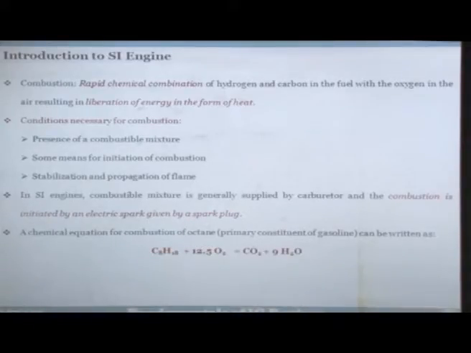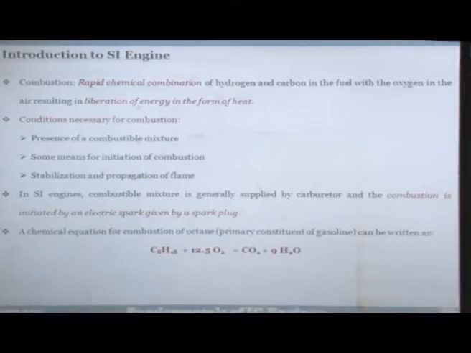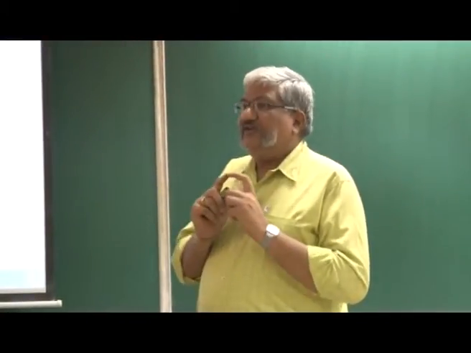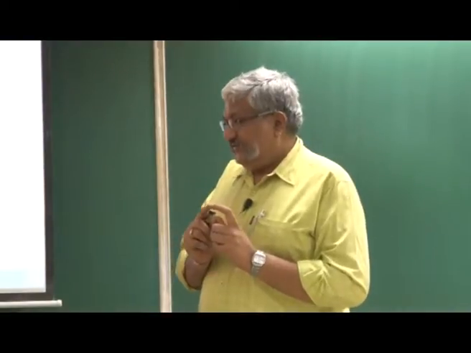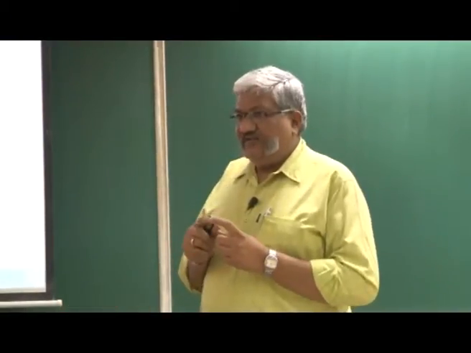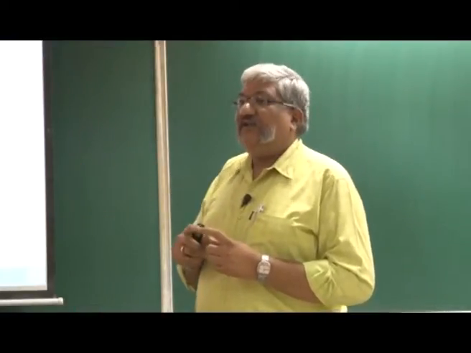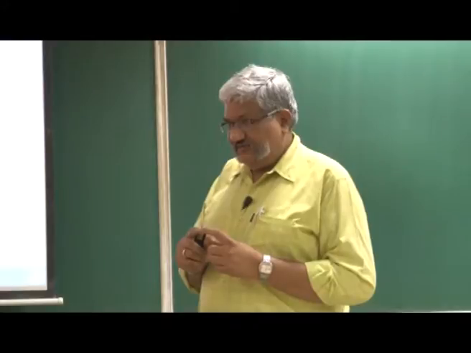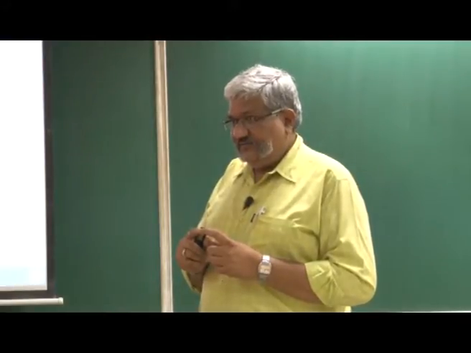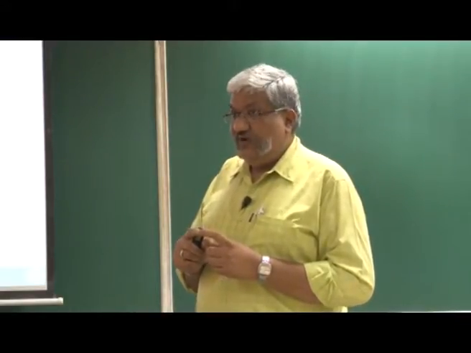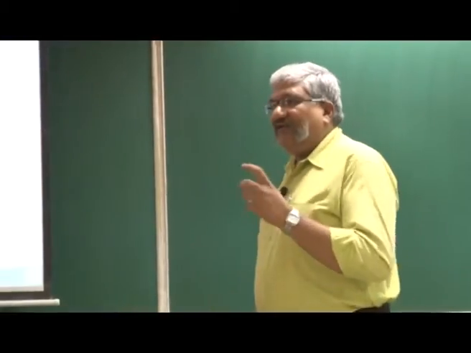Basically we have electrodes in a spark plug, and we apply very high voltage. How high voltage? It could be 20 to 35 kilovolts. How much is the voltage of this power line? 220, and now we are talking of 35,000 volts, right. So, about 150 times higher voltage. What does that high voltage do?